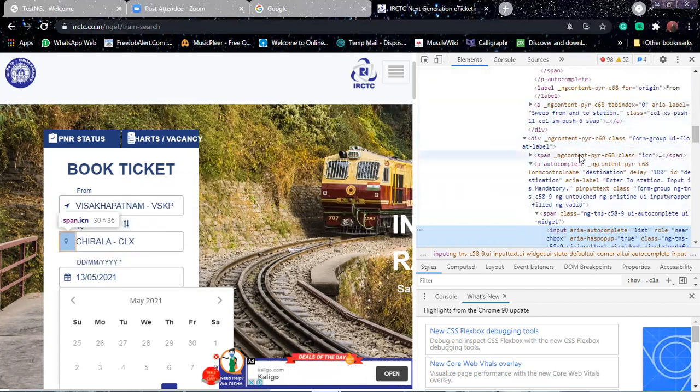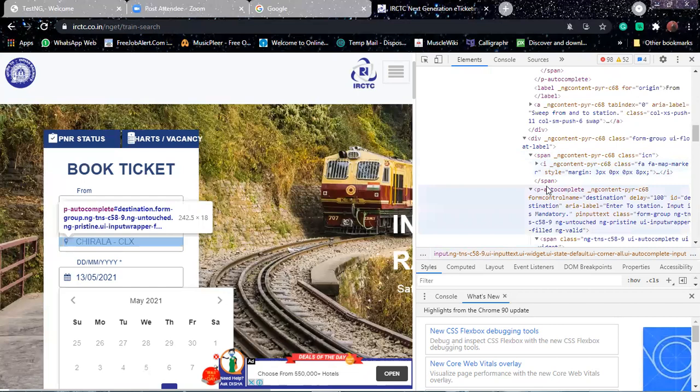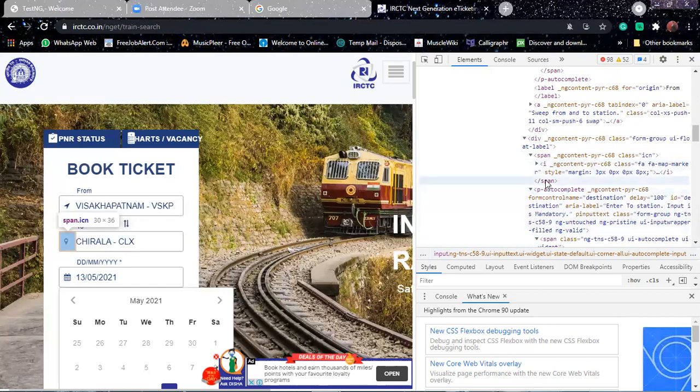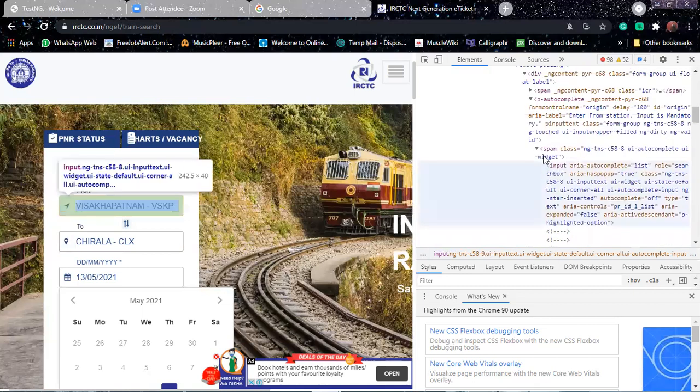Expand that. Scroll up a little bit. In between you have the two field. Minimize this span.